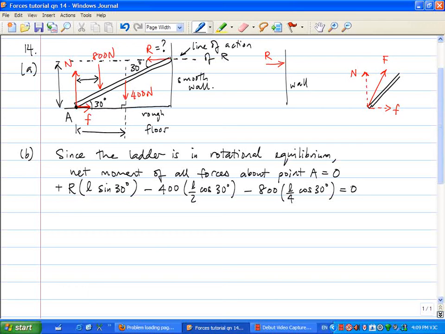Okay, so L is a constant term, so it can be removed from the equation by division. And you find that the only unknown is R, which can be found. So let's work it out. R sine 30 will be equal to 400 times half cosine 30